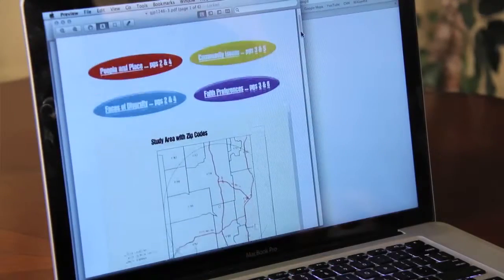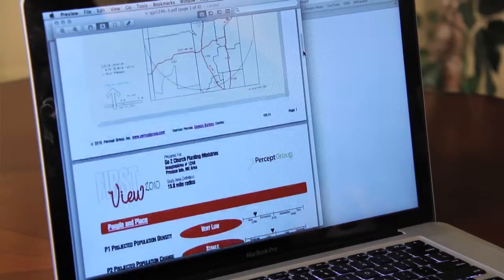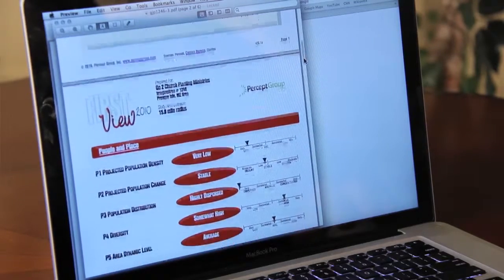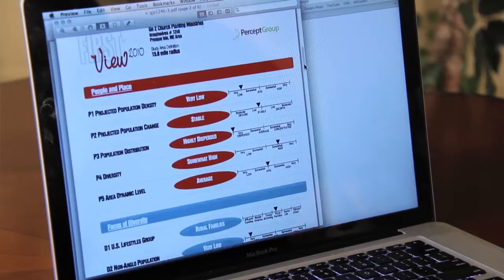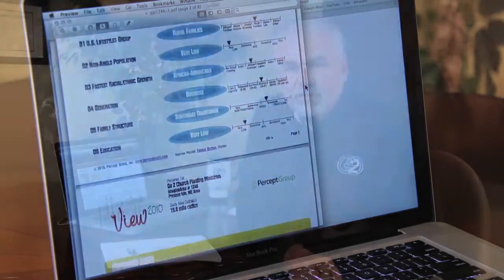Everything from who's poor to who's wealthy, from needy families to those families that are doing well. How many single mothers are raising families in your circle? It has 70 different parameters that you can gain information on, so as to tailor a targeted ministry specifically for your Circle of Grace. As a go-to prayer advocate, you can encourage our partners in the Circles of Grace to utilize these very powerful demographic programs.